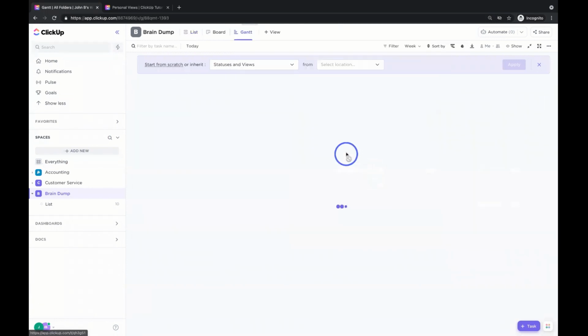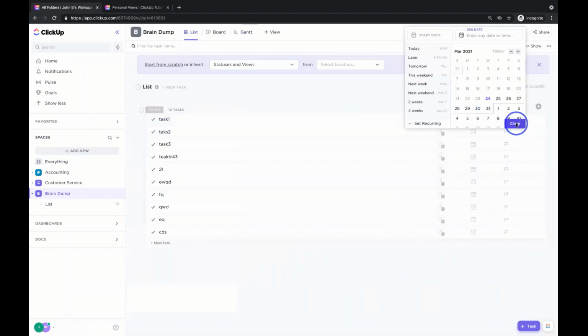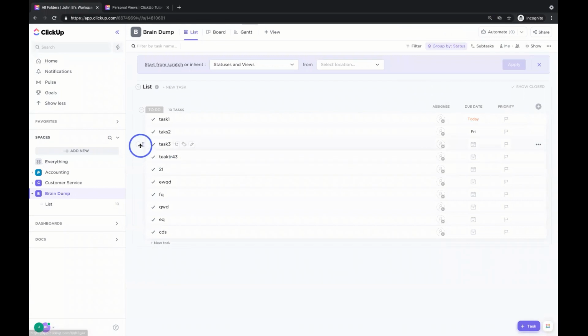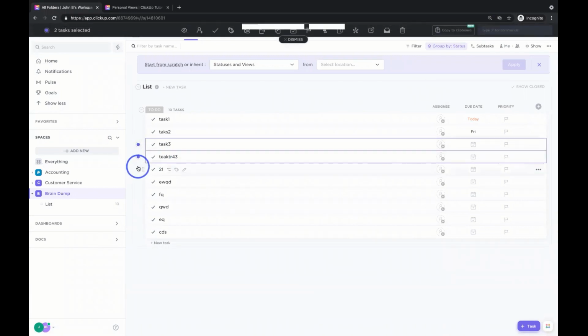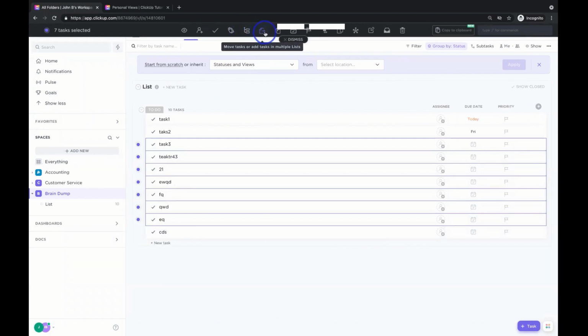So if we click add our Gantt view here, actually, I do not have any due dates inside these tasks. Let me just put in a couple quick due dates inside. All right. So we're going to add a couple due dates here. And something, if you guys have not learned about it yet, that's really great, is we call the Multitask Toolbar. So I can select all of these tasks here on the left-hand side, and the Multitask Toolbar comes down from the top. And this allows me to do mass actions on those tasks that I have selected.